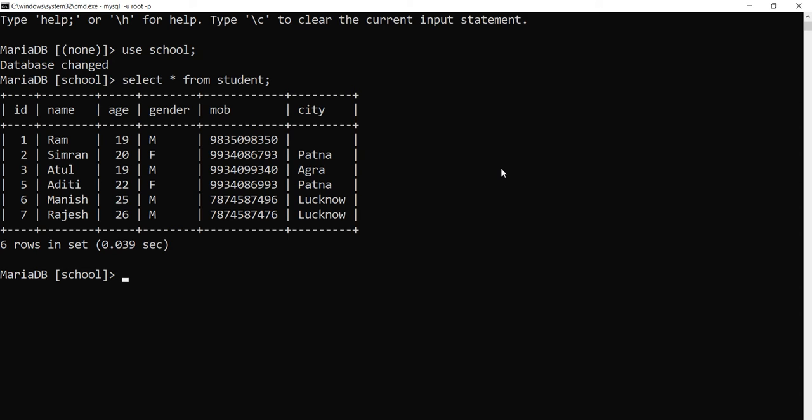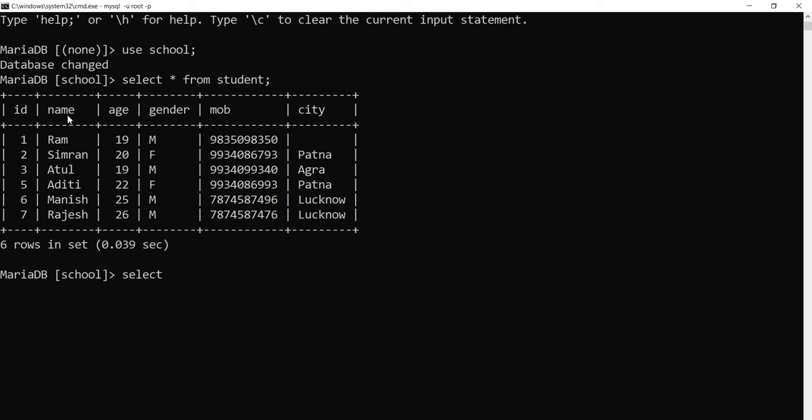Now we want the category name to be shown in ascending or descending order. Let's have a look.